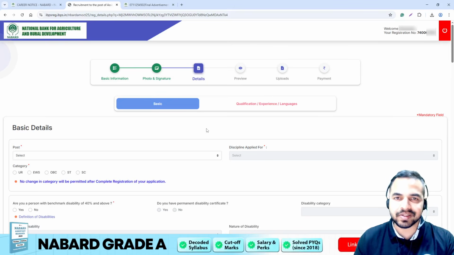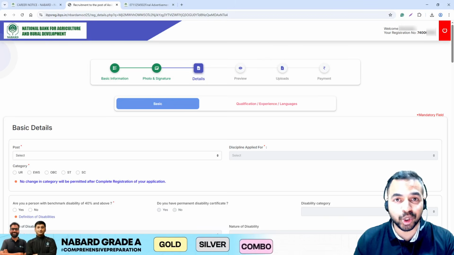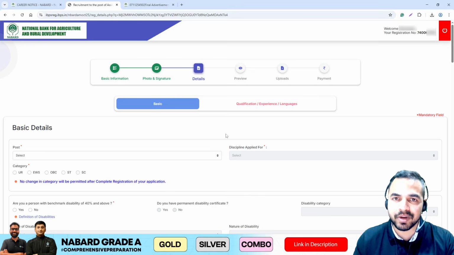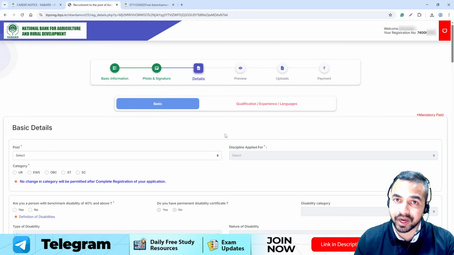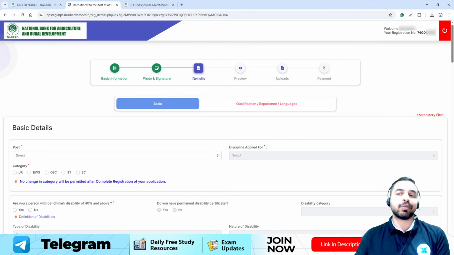So in the basic details, guys, you have to first ensure that you are filling out your post, that is, which post you want to apply for, what is the discipline for which you are applying, then what is the category to which you belong, whether you are from the unreserved category or a reserved category. And guys, let me be very clear here. Whenever you are filling out your category, you have to ensure that you are filling it correctly, because they are not going to cater to your